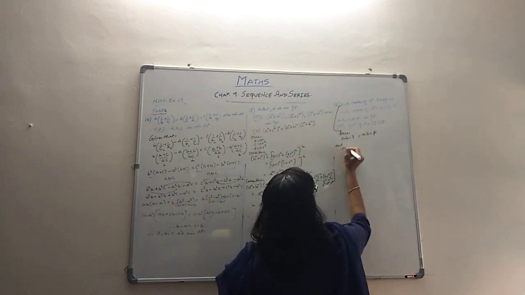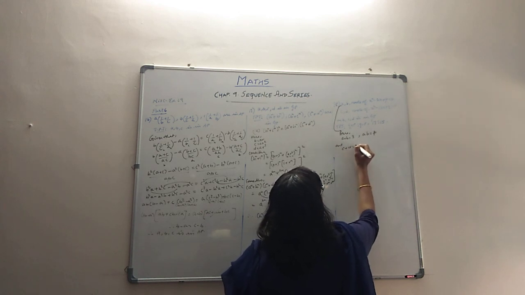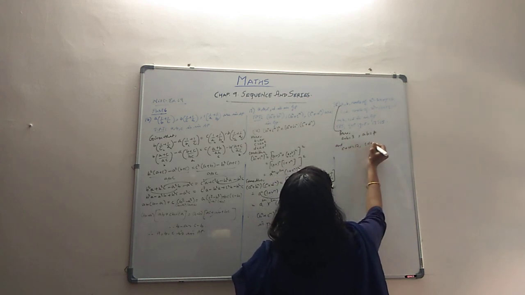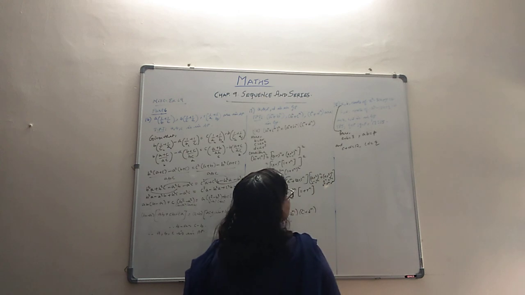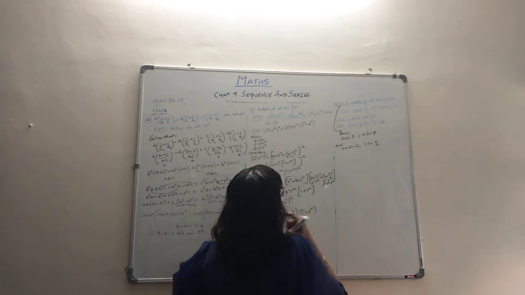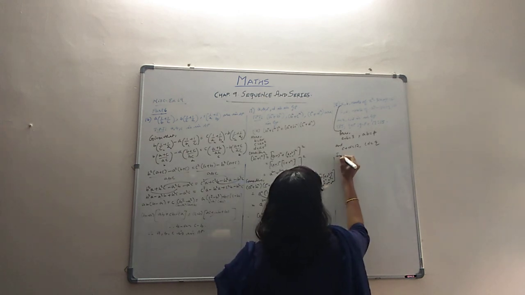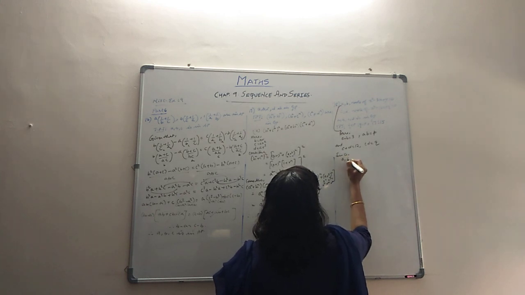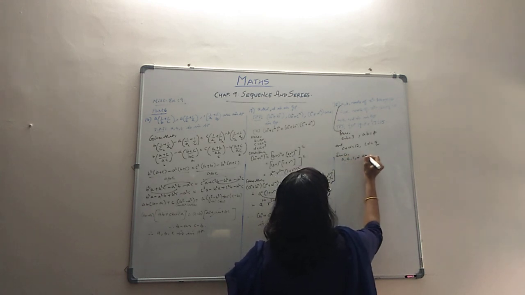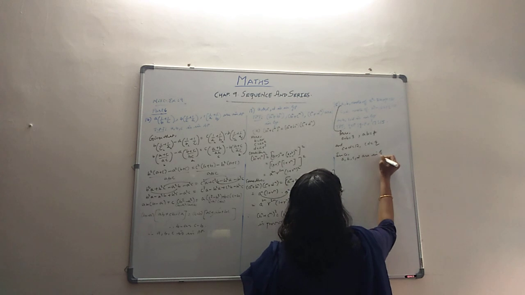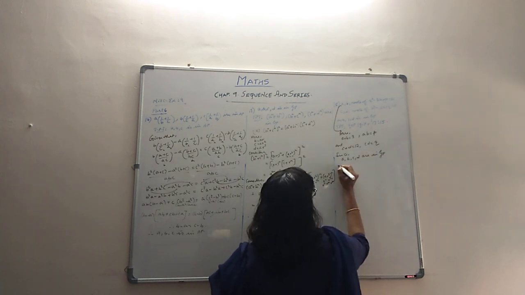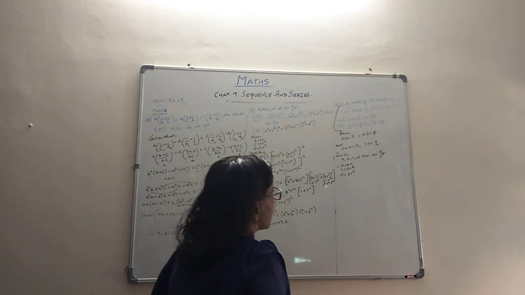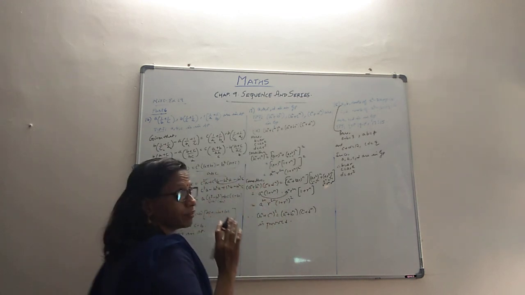And in the same way, C plus D will become 12 and CD will become Q. Now because A, B, C, D are in GP, we can always write it as we wrote here. Therefore, B will be AR if R is the ratio, C is AR squared and D is AR cubed. So we can have this whole thing converted into that form.